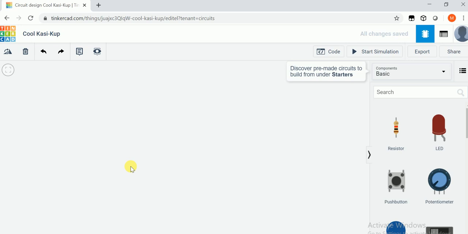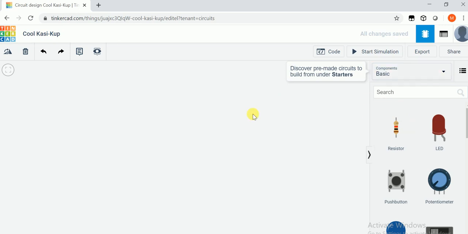They need LEDs. That's why I recommend you use this type of online platform. So let's start our first circuit.